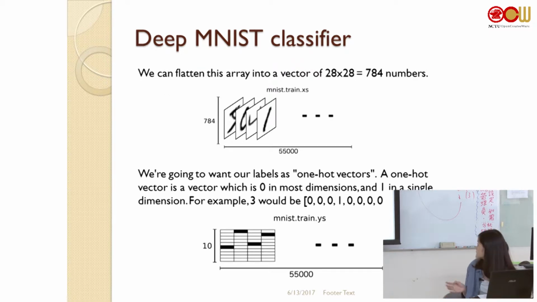And we can flatten this array into a vector, just like this, the mnist train X. And because we want the label as a one hot vector, you can see the picture below on this page,